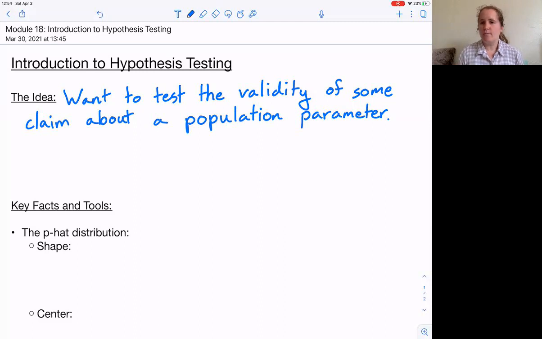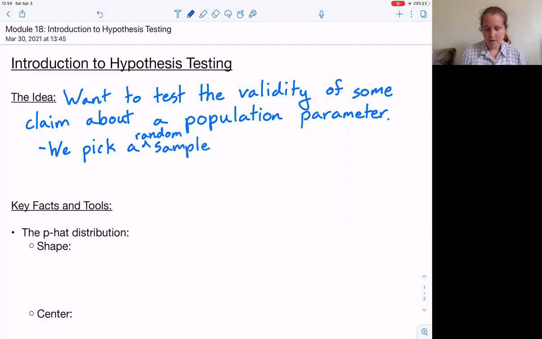For example, maybe 30% of California community college students have dependent children. And we want to check the validity of that. We pick a sample, a random sample, that's extremely important, a good sample. So we pick a random sample, find the sample statistic,